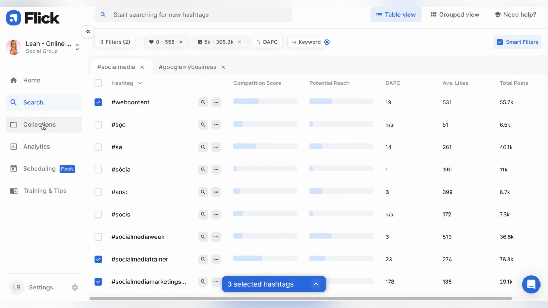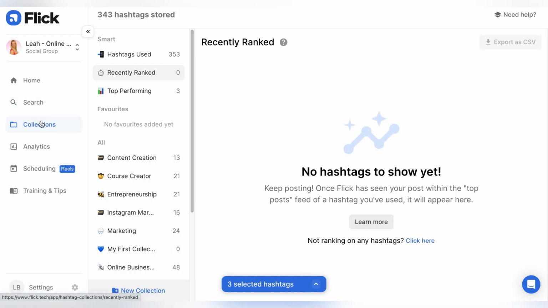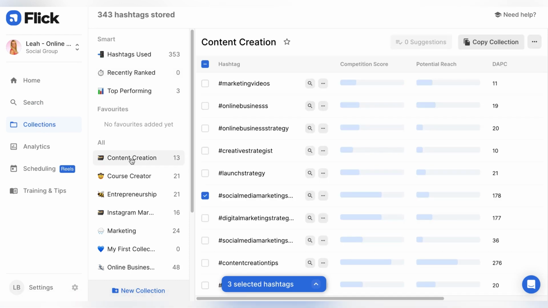Now that's over here, so here we've got collections on the left hand side, so if I click on collections, I can literally click on any of these collections, and obviously if I want to add a new one I can just add new. And the great thing about having these collections as well is, say for example my post was all on content creation, I've already got 13 hashtags in that already, so I can click copy collection. So 13 hashtags have been copied,